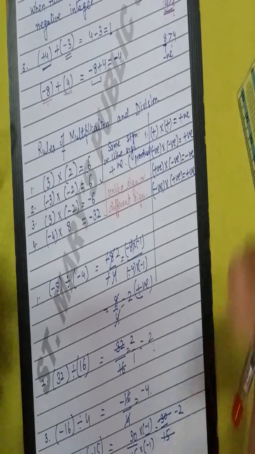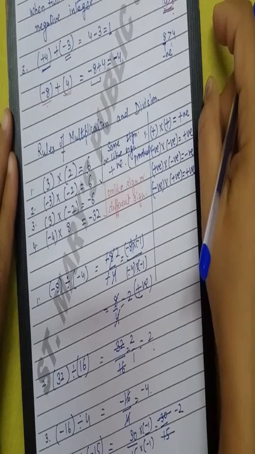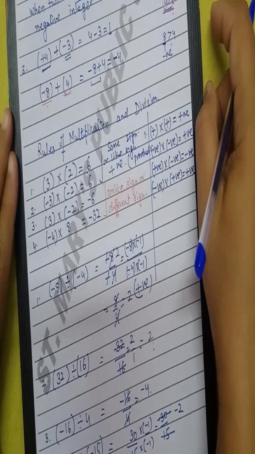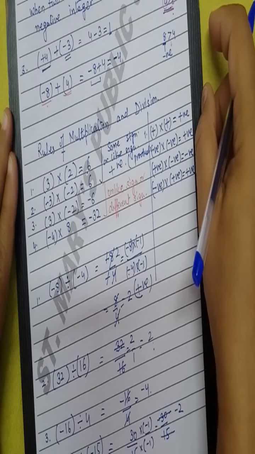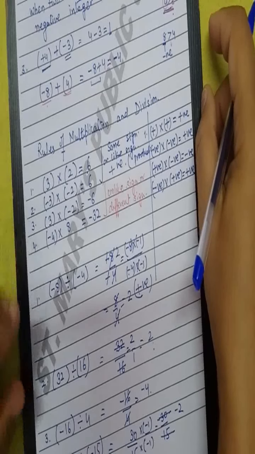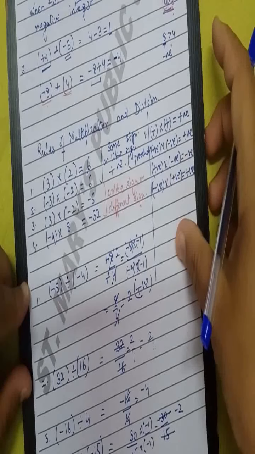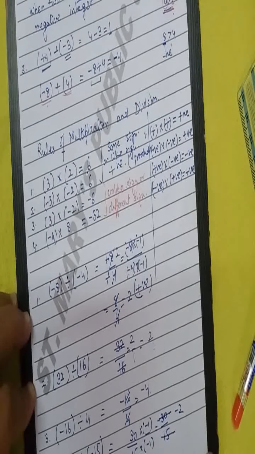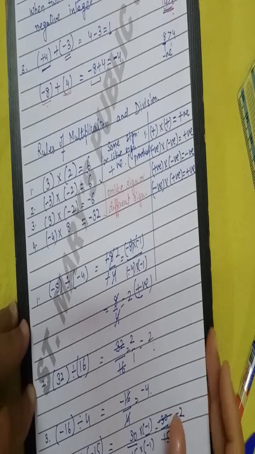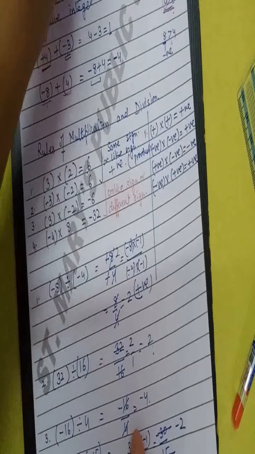So now the conclusion is that the rules of multiplication and division are the same. If we multiply the same signs, the answer is always positive. If we multiply different signs, the product is always negative. Same for division also. Same sign, if we divide, the answer becomes positive, and different signs, if we divide, then again the answer is negative. So hope the rules of addition and subtraction are completely clear for you with the help of this video.